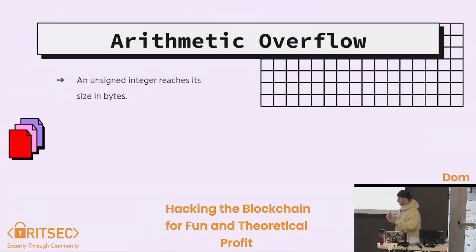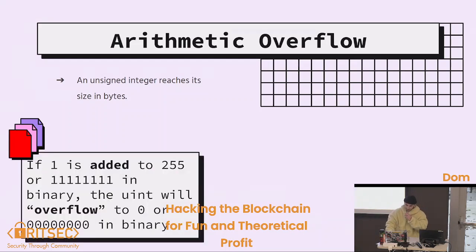So that's kind of the reentrancy vulnerability. And so we have another vulnerability here called an arithmetic overflow or an arithmetic underflow. This is at any point in which an unsigned integer is going to reach its size limit. And so what that's going to allow us to do, say the uint has a maximum size of 255,